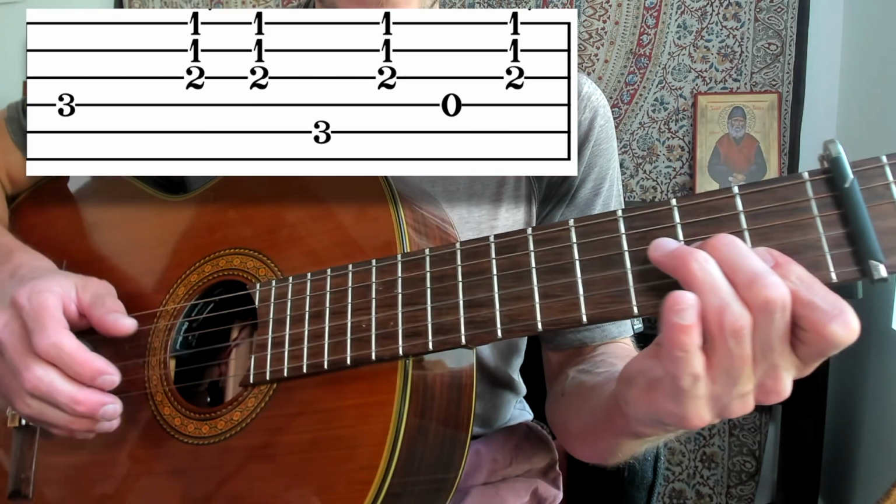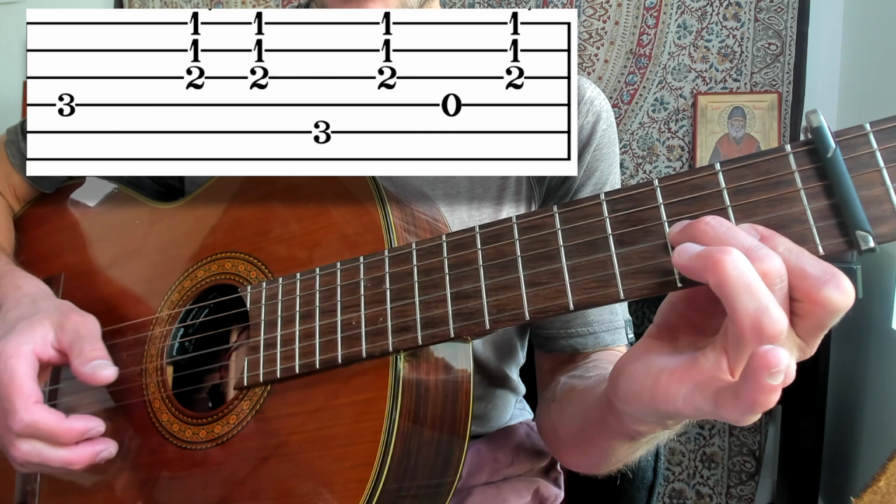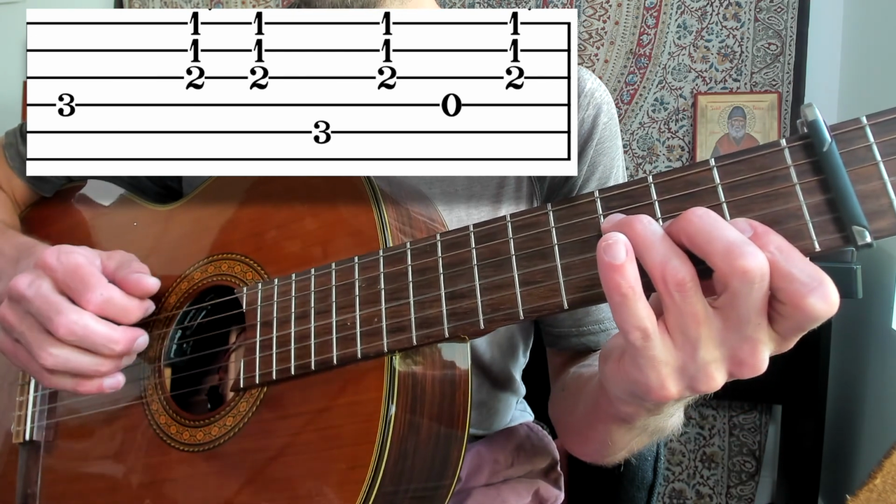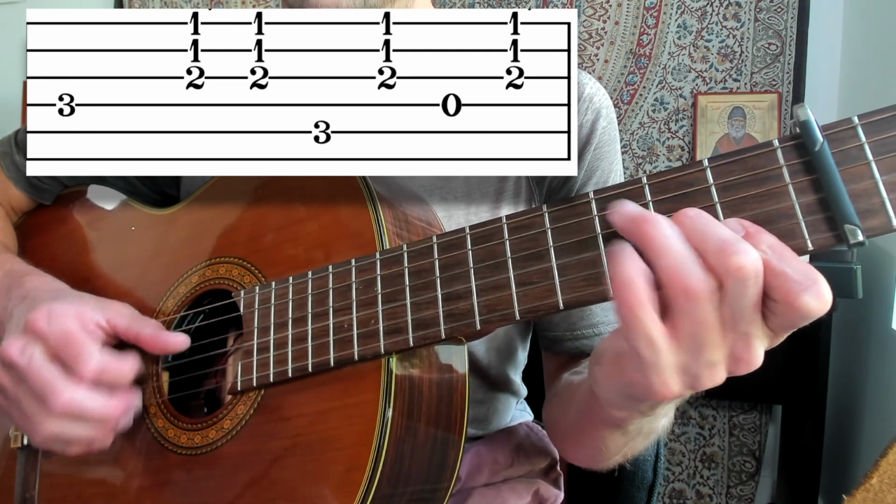So if you're using that one finger, then if I was doing these, I'd probably lift them both. But if I'm just doing this one finger, obviously you're just not putting it back down. So 4, down, up, 5, up, 4,